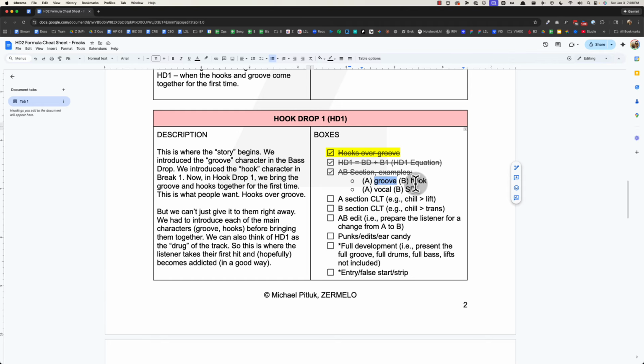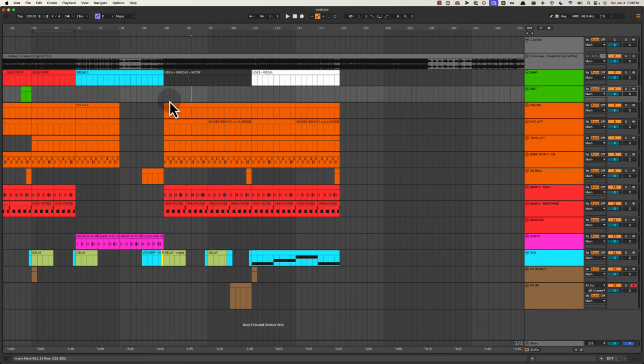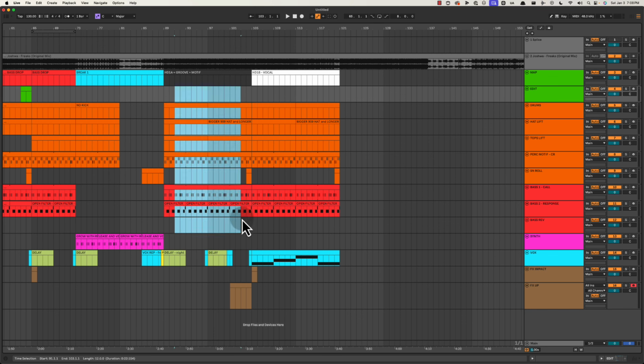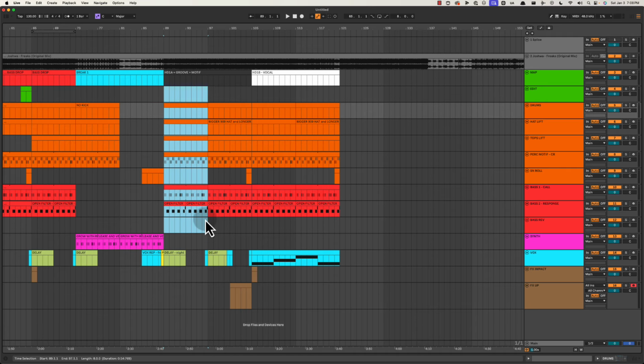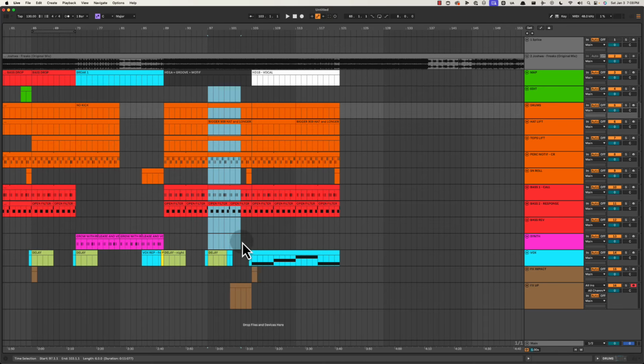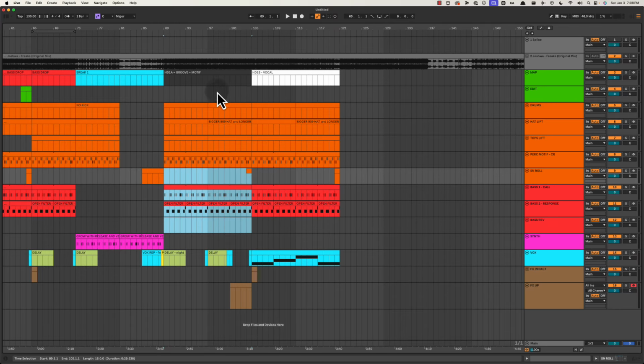You have the groove, and then we're going into the hook with the vocal. It's exactly right. And then, okay, this is a little bit detailed, but I will say that right here, CLT stories are like when you're in an A section, this would be like chill, where this is like the normal, defined as normal. And then in the next second 8 bars, what happens, right? Well, the underlying hook structure stays the same. The motif stays the same, but something happens.